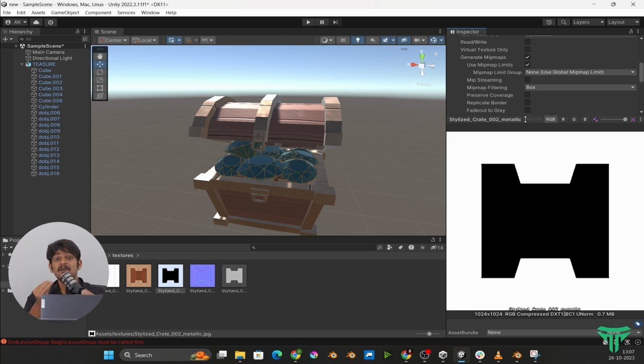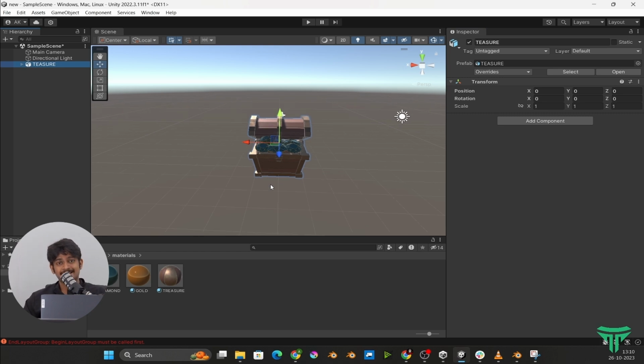It is basically a mask of sorts so that Unity can understand and apply it to that specific part. The wooden part of the treasure chest won't be a metallic one because it is not a metal object, it is wood, so it won't have any sort of metallic properties. But when it comes to the metal ornaments around the wood,